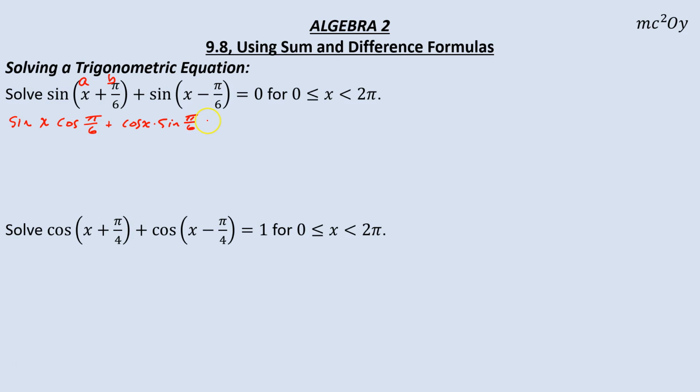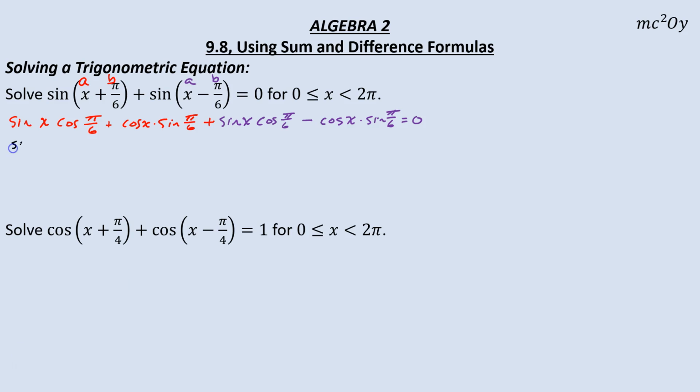Okay, plus, and then we're going to have this part. And so let me switch up colors there, just so we can see that. Sine of x minus sine of x times cosine of pi over 6. So here's A and B, minus cosine of pi over 6, and cosine of x times sine of pi over 6. All equals 0. Okay, so when I start simplifying now,